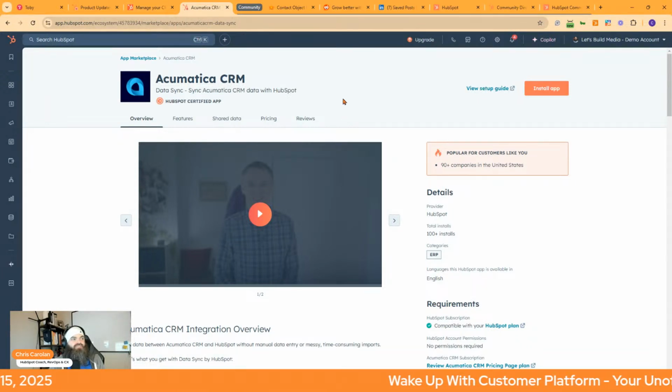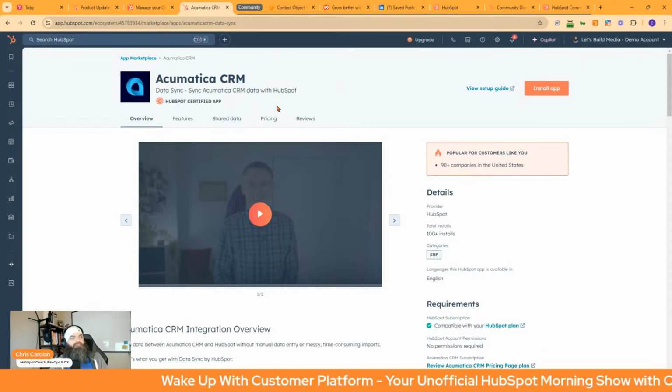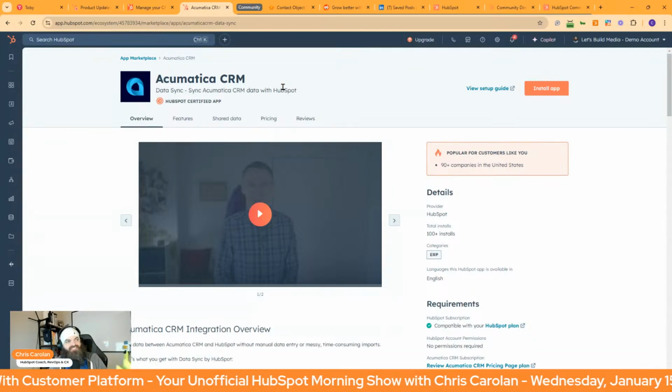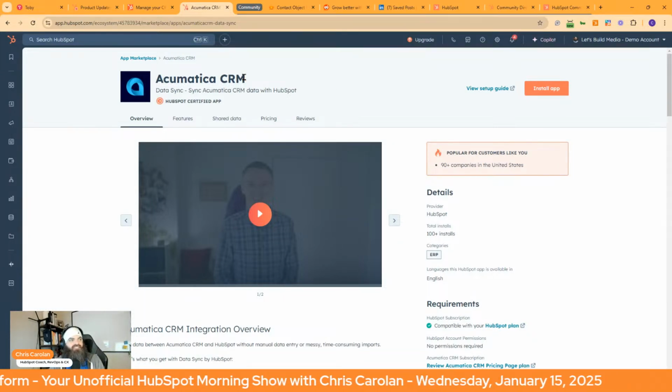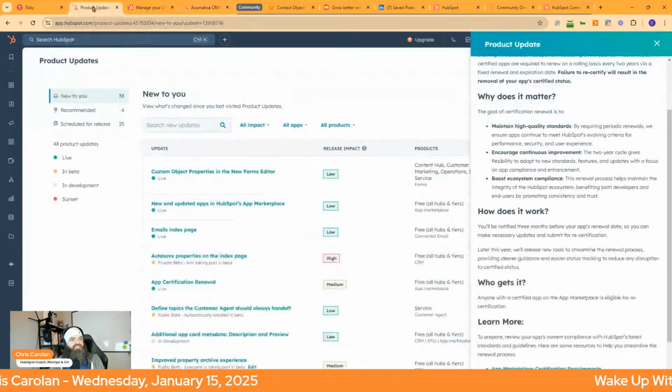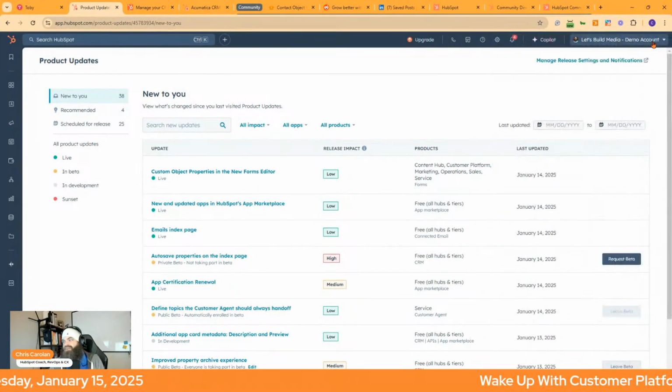So that's an example. These are both certified apps, right? I guess the other difference is it's CRM to CRM versus CRM to ERP. This is why we need this certification cycle. Got to find consistency